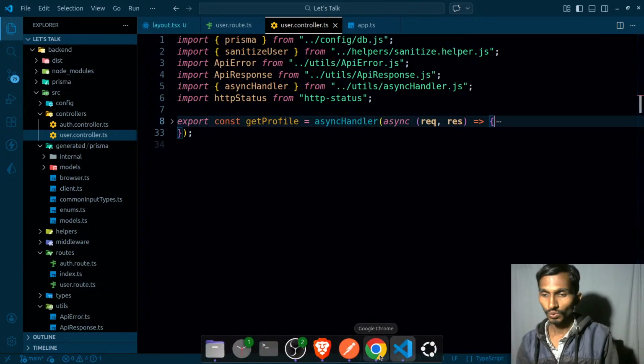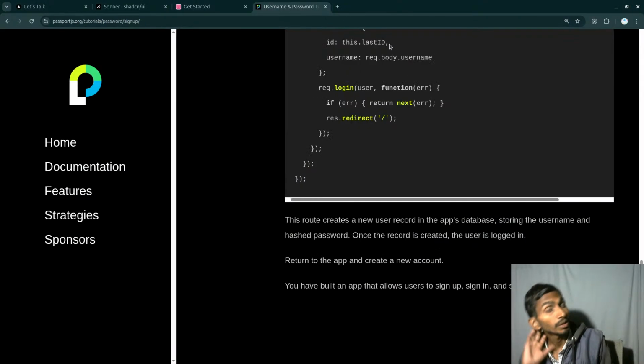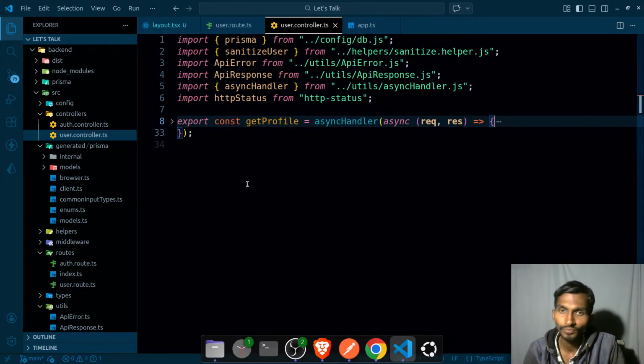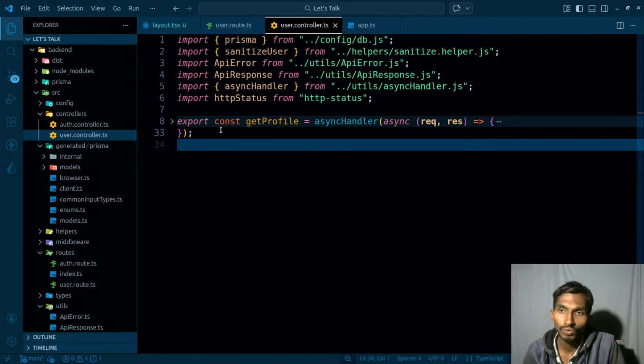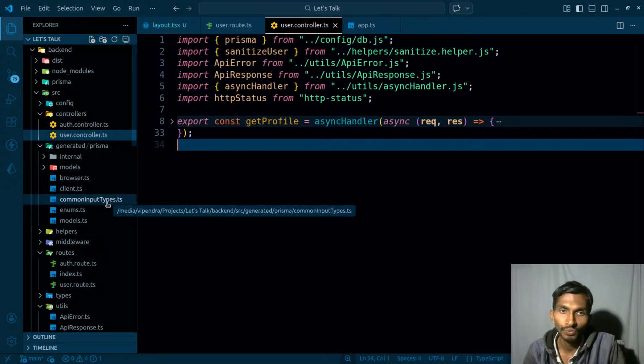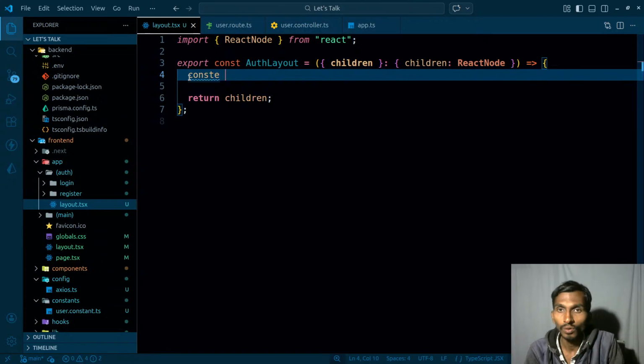So this thing is done too. What is the next thing that I can do? Almost overall things are done, so it should definitely be working. And when it is working, that simply means I should be able to get the data. So after login, I can go to, okay, let me even try it first of all. On the client side, where was I? So const user is gonna be